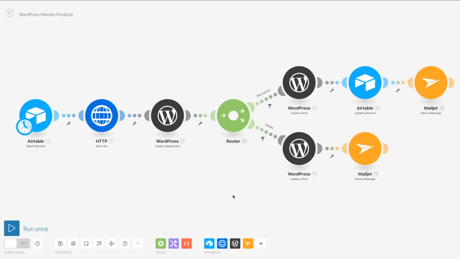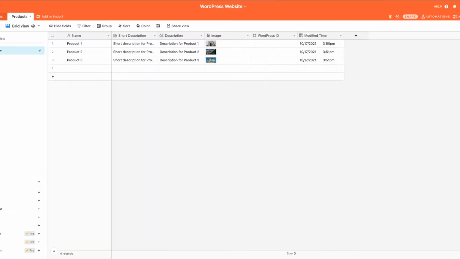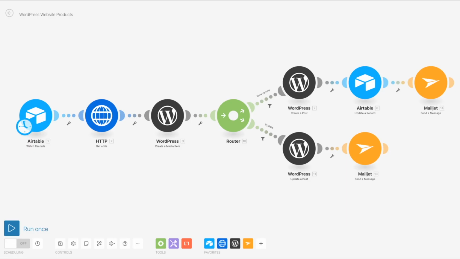Here it is. It looks a little bit more complex, but this is because it also has an image that needs to be uploaded to WordPress, which is what these modules are doing, and then we can either have a new record created or just an update on the website. I won't go into any technical details, but a more technical video will follow soon on my YouTube channel if you are interested. So let's run this scenario now,